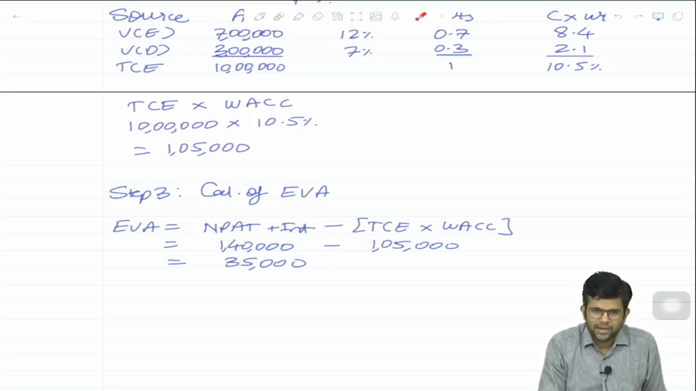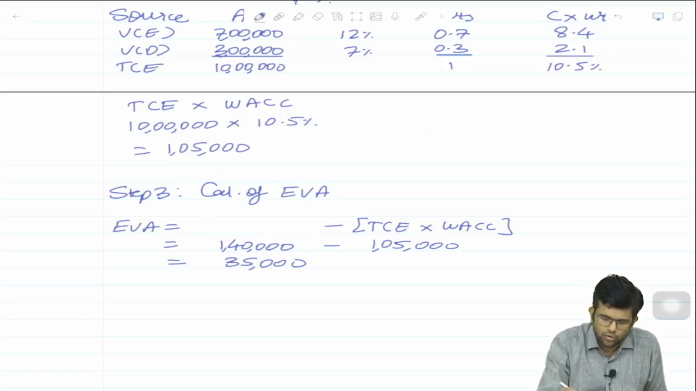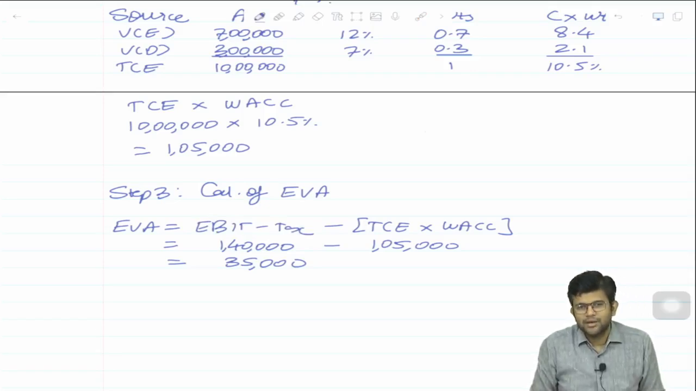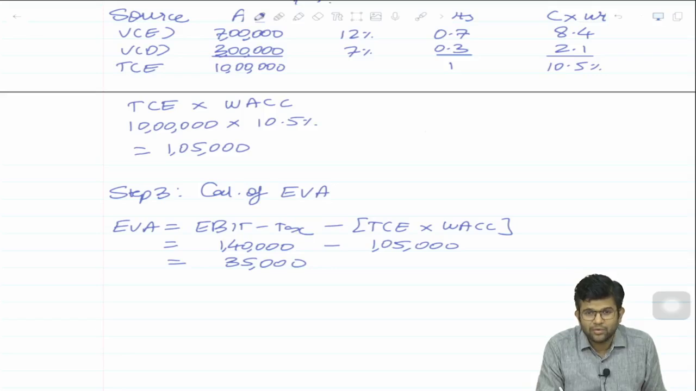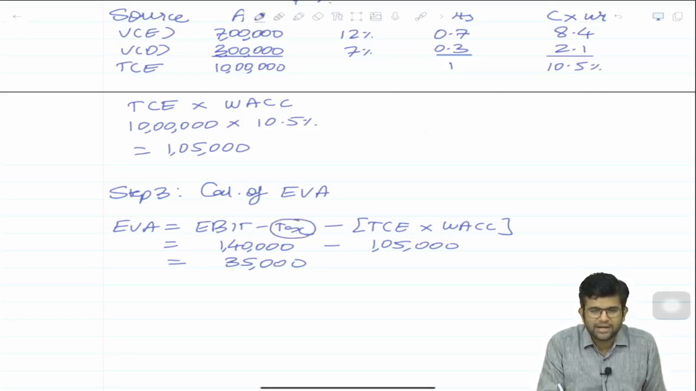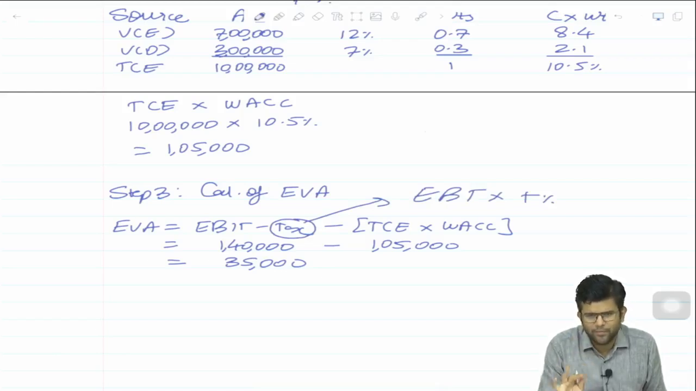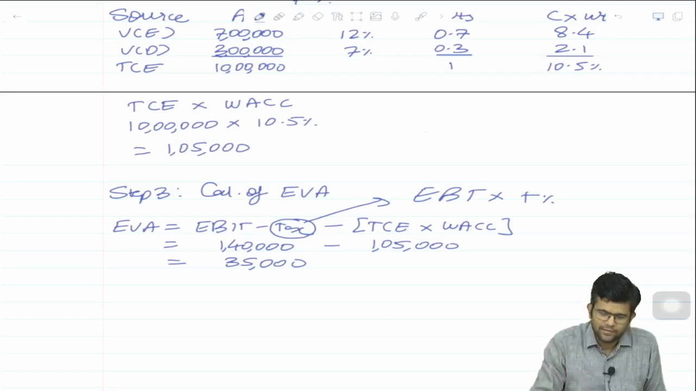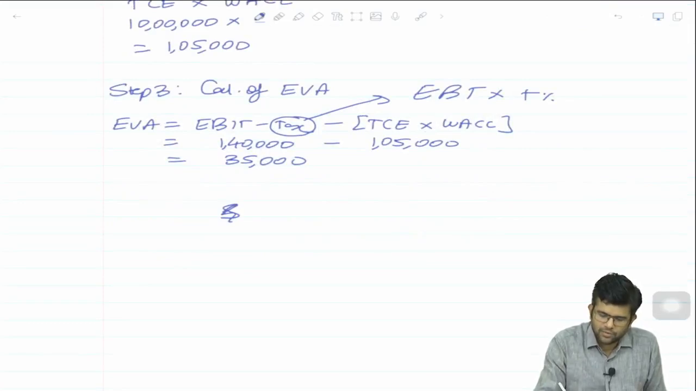By the way, I also want you to understand, NPAT plus interest you can do, or you can also do EBIT minus tax. Tax, not rate, the tax amount. That means you take EBIT and subtract the tax amount, where the tax amount is EBT into the tax rate. Both will give the same answer. NPAT plus interest also will give the same answer. If you want proof: